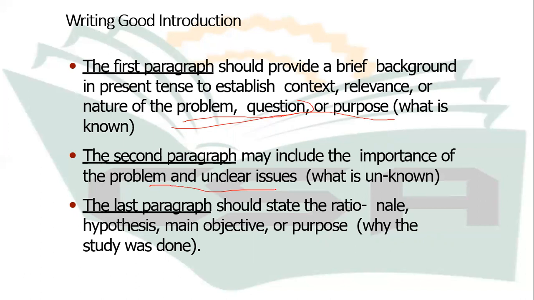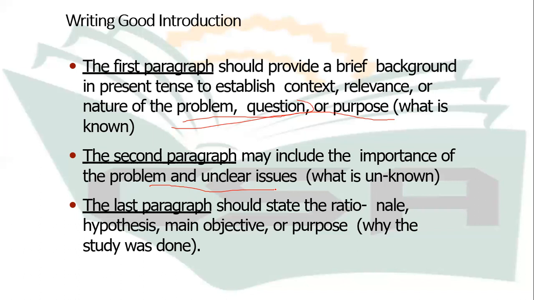Basically, in the first paragraph, I mentioned my problem. So diabetes is a general problem, and the prevalence of diabetes in my country is my specific problem. In the first paragraph, I will give the background of diabetes: that it's a very dangerous disease, an autoimmune disease, its risk factors and all these things. Then in the second paragraph, I will write why I'm doing this study: it is going to be a major disease in my country, and its prevalence is going to be very high in the coming few years.